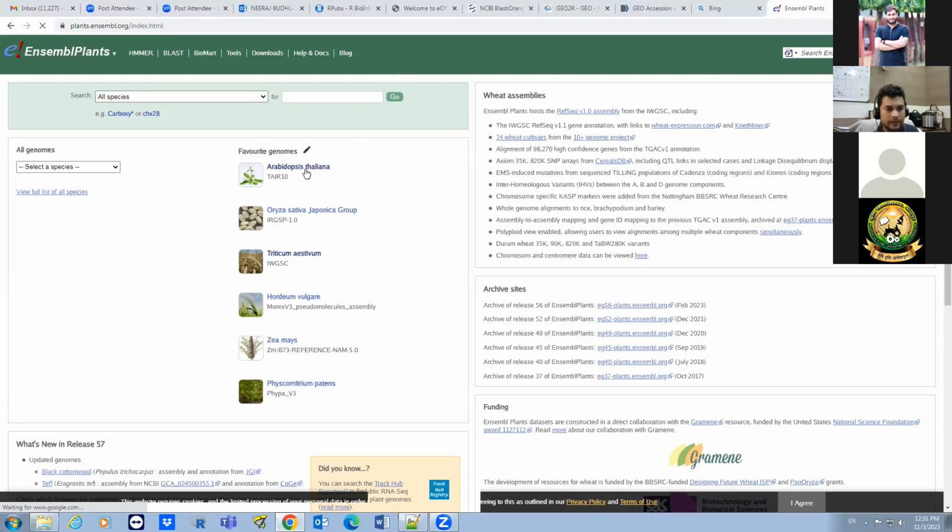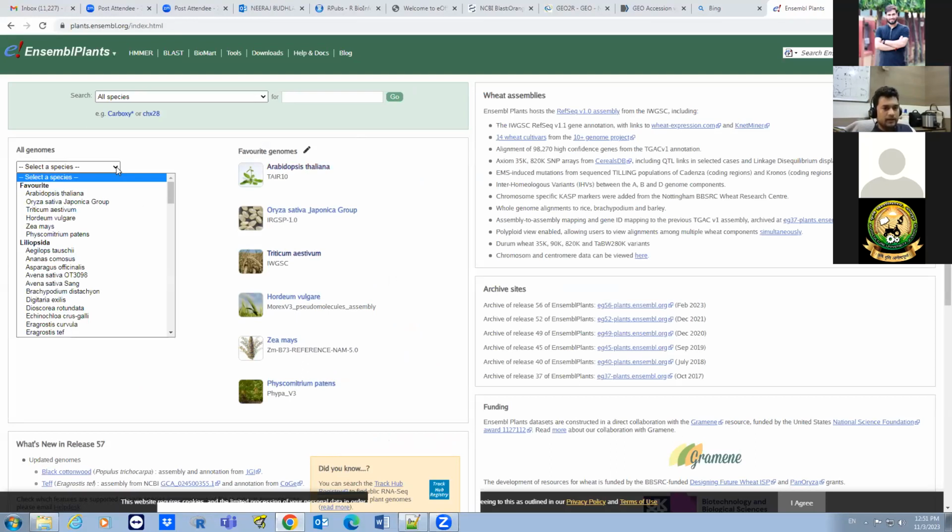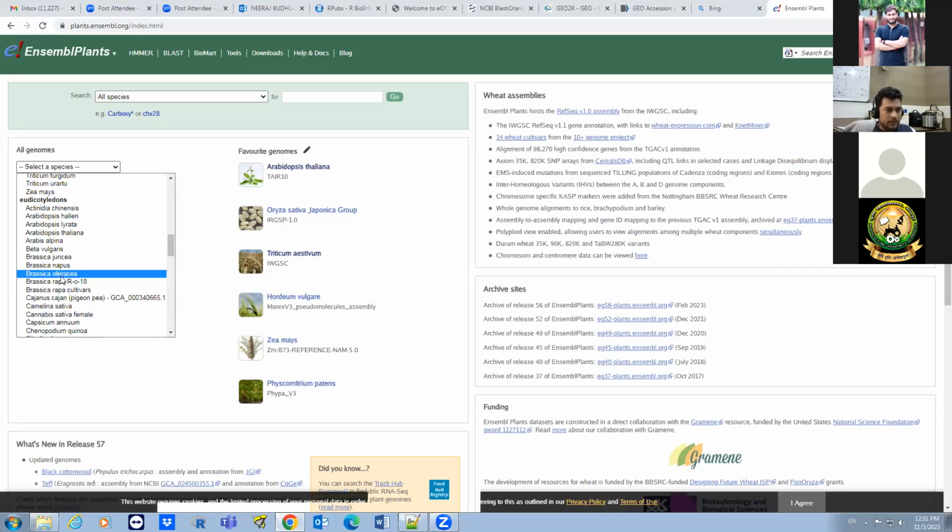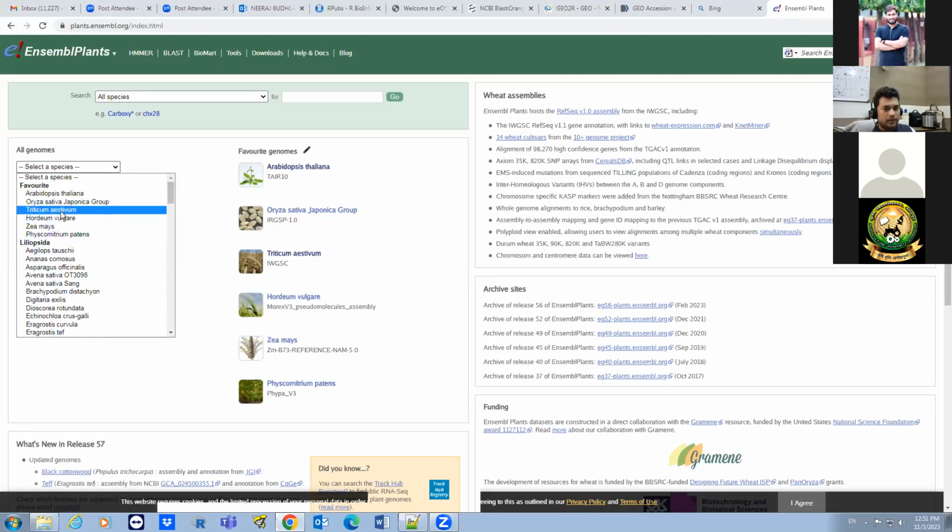Fine. So you can select the genome, provided it is completely sequenced or in whatever state it is. If it is available in the public domain, it must be here. You can see Arabidopsis, Oryza, Triticum, Hordeum, maize, and other genomes. Suppose I take the example of Triticum aestivum.